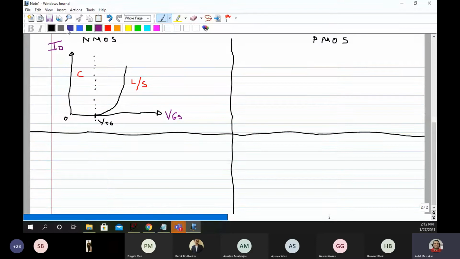Here for an NMOS, this characteristic is in the first quadrant. For a PMOS, it will be in the third quadrant. So I'm just drawing that characteristic, and it would be like this.